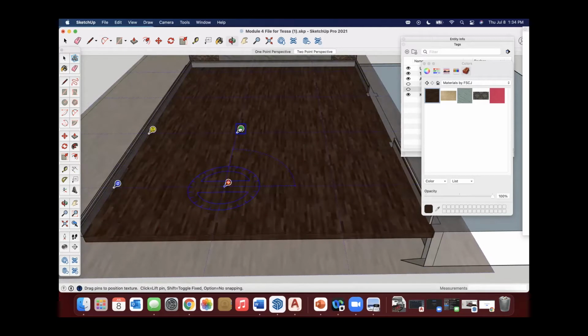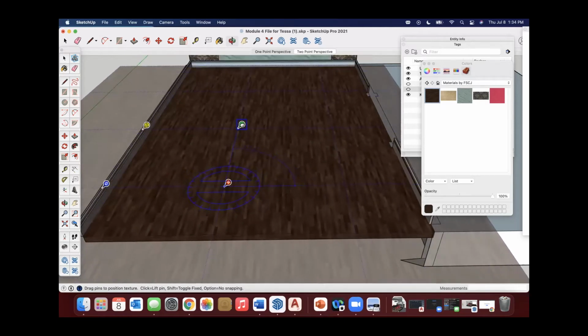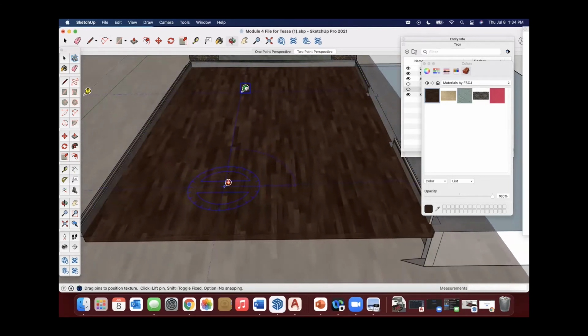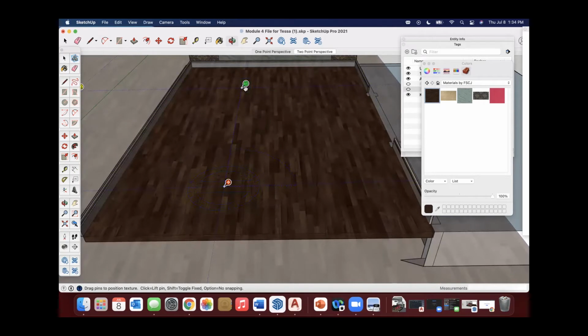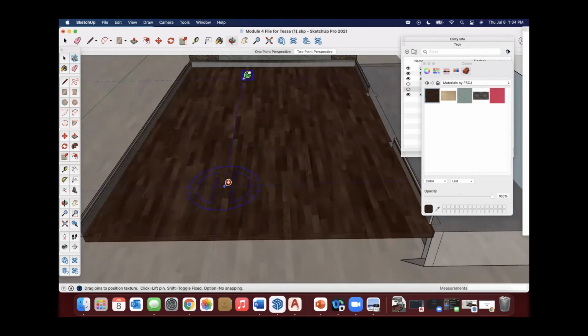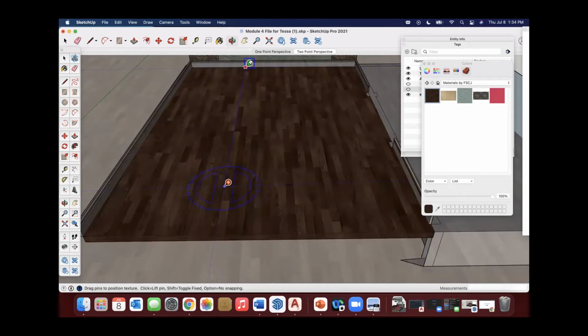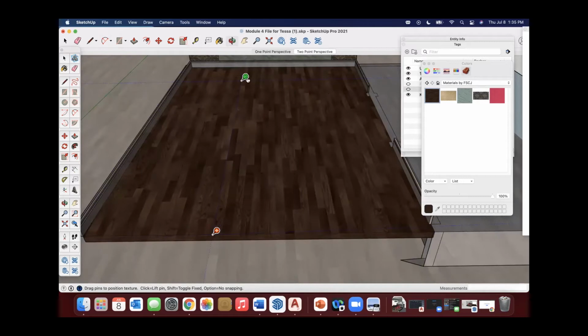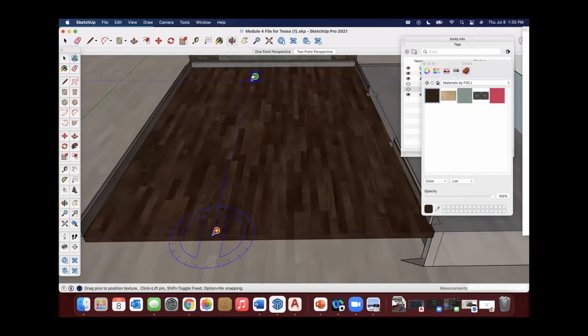All I'm doing is pressing and holding with my left mouse button. If I press and hold and move back, it starts to scale up this texture, and you can always let go and restart. Now you can see that it's getting larger. If this is the orientation that I want my wood planks running, it's perfect, and I can just keep doing that. Then I could use the move pin to adjust where the texture positions on here. If I need to adjust the rotation a little bit, maybe I was a little off, I can just tweak that.